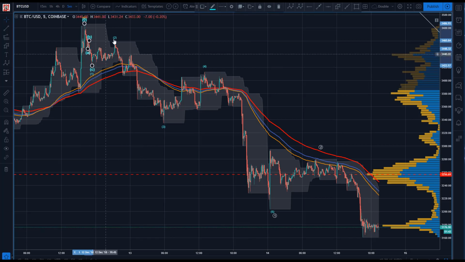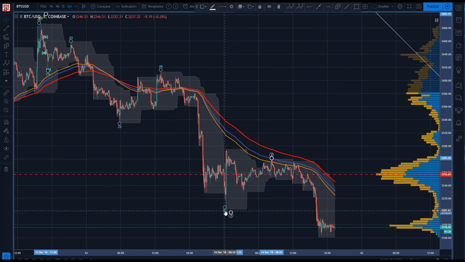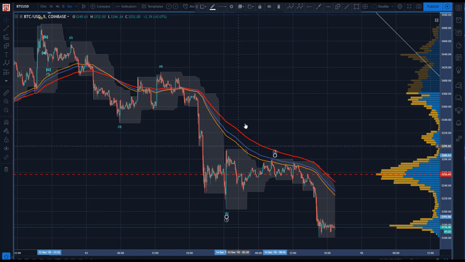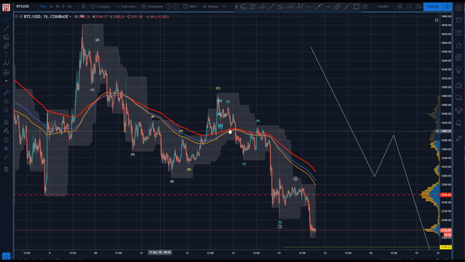ABC looks better here. 1, 2, 3, 4, 5 of 1. That still looks like the better count because I can definitely get 1, 2, 3, 4, 5, ABC. All right, so it can't have a triangle in the second. Well, there, ABC in the 2. So what does that leave for? It means we'd be putting in the 3. So if I go back to the 15 minute,